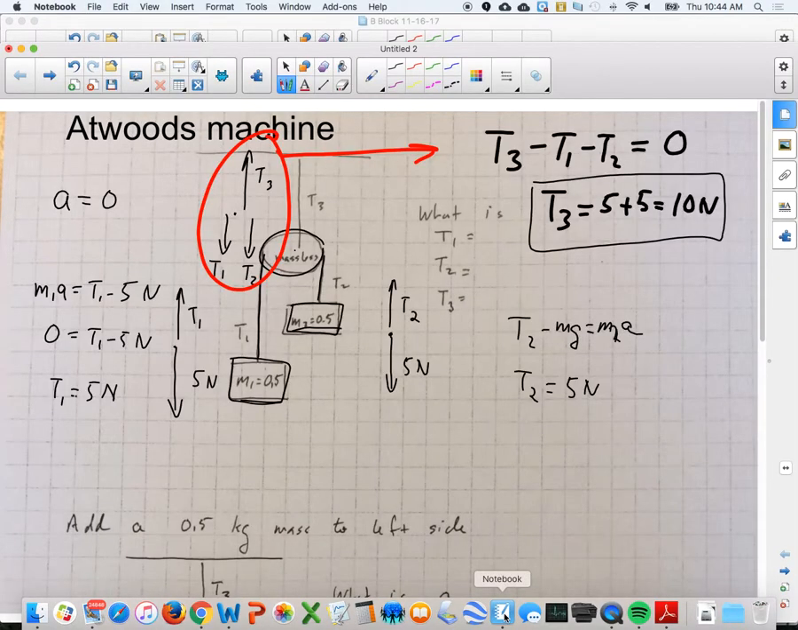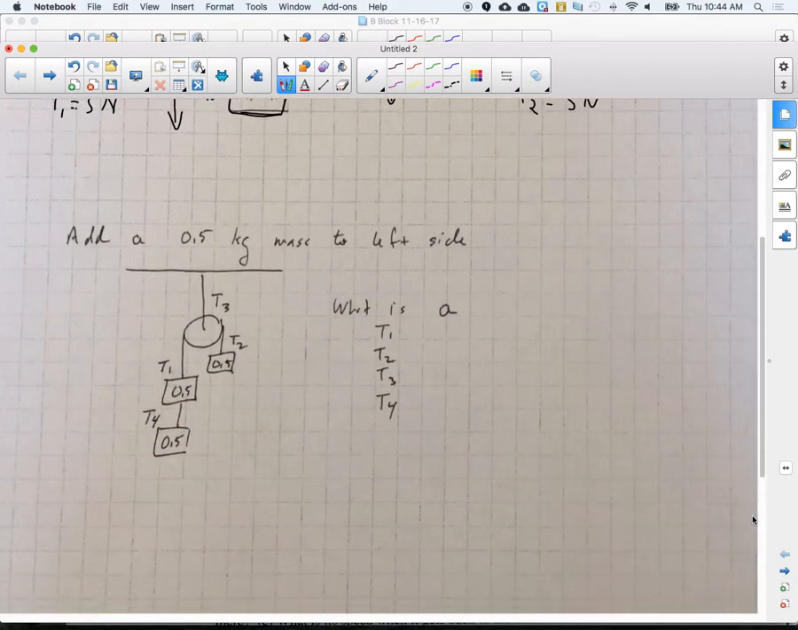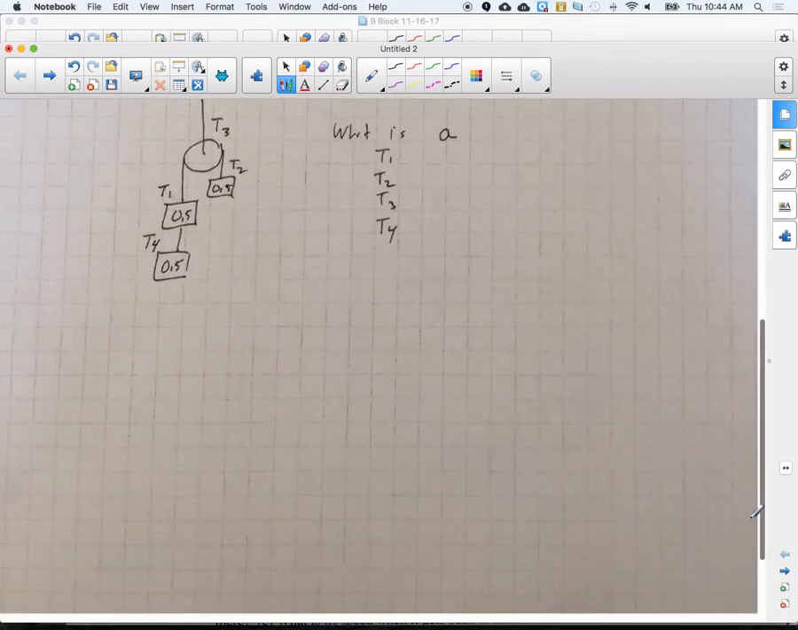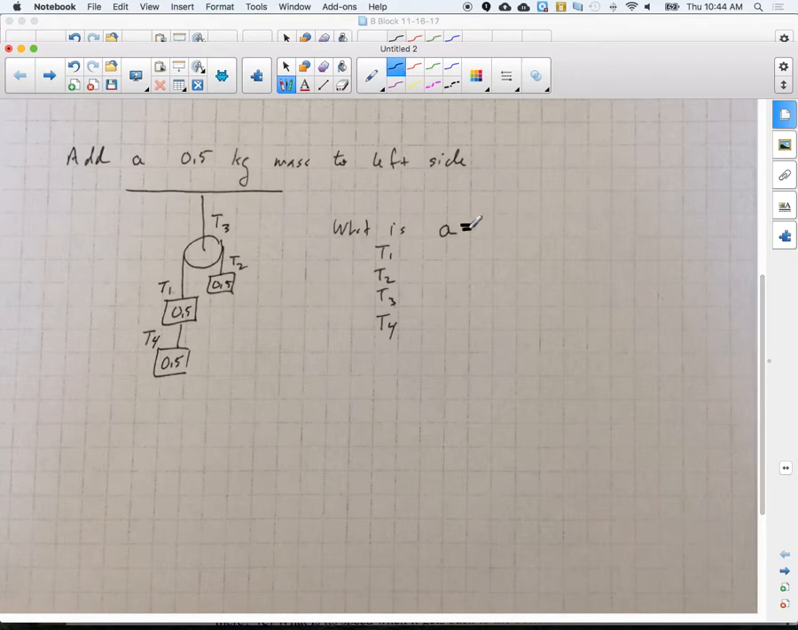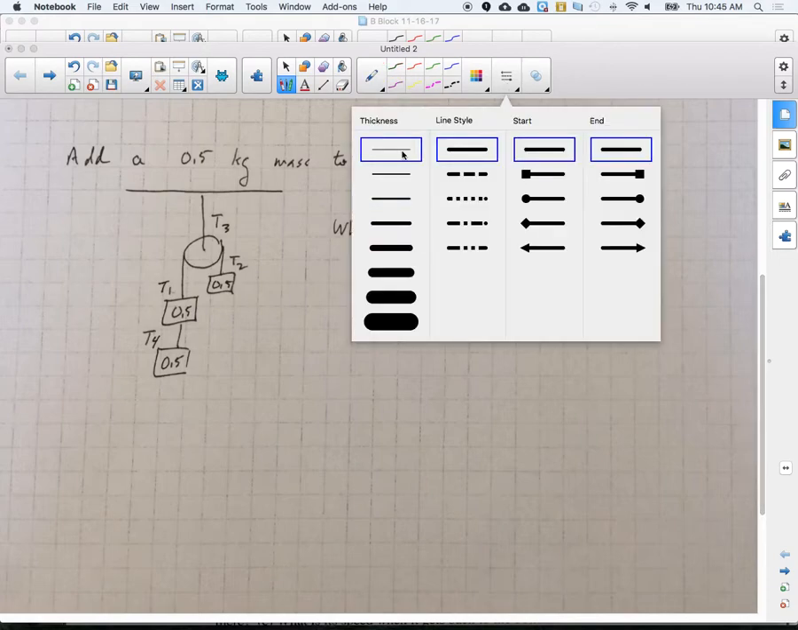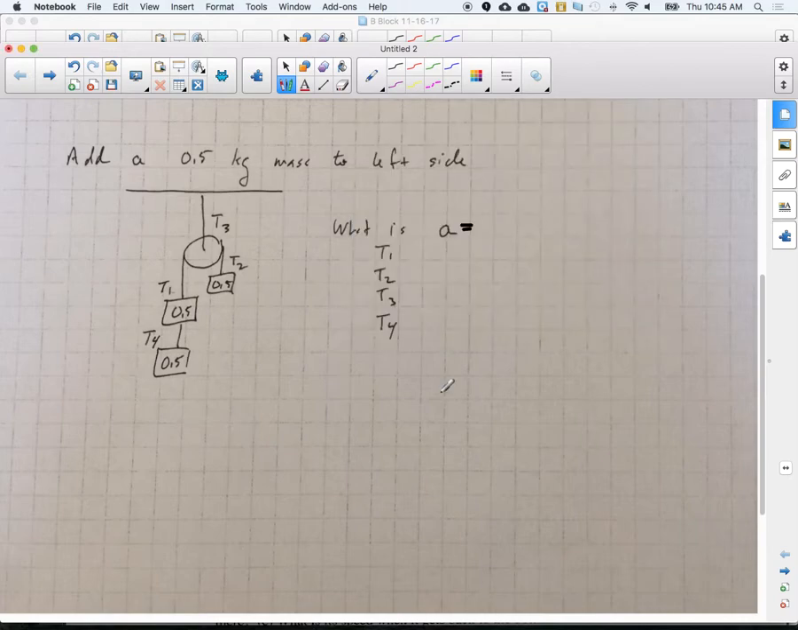Beautiful. The next question is, what happens if I add, whoops, too far. If I add a half kilogram mass, guys, quiet, half kilogram mass to this side. Okay? Now what's going to happen? So what is the new acceleration? What is or are the tensions in the